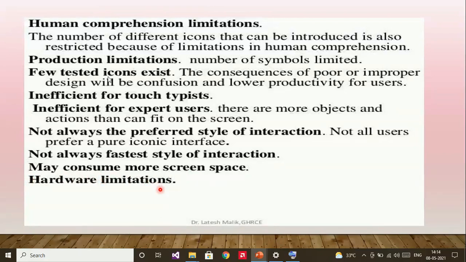Good design also requires hardware of adequate power, processing speed, screen resolution, and graphical capabilities. Insufficiencies in this area can prevent graphical systems from being released to their full potential. So these are the different advantages and disadvantages of graphical user systems.